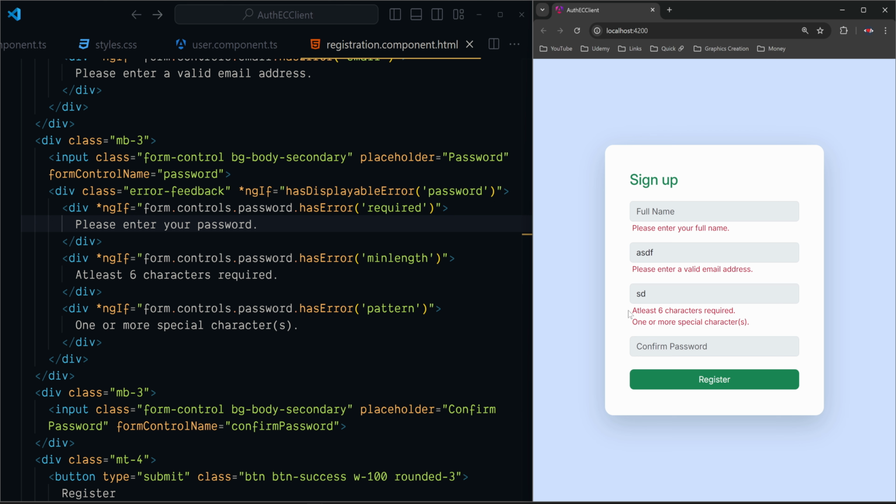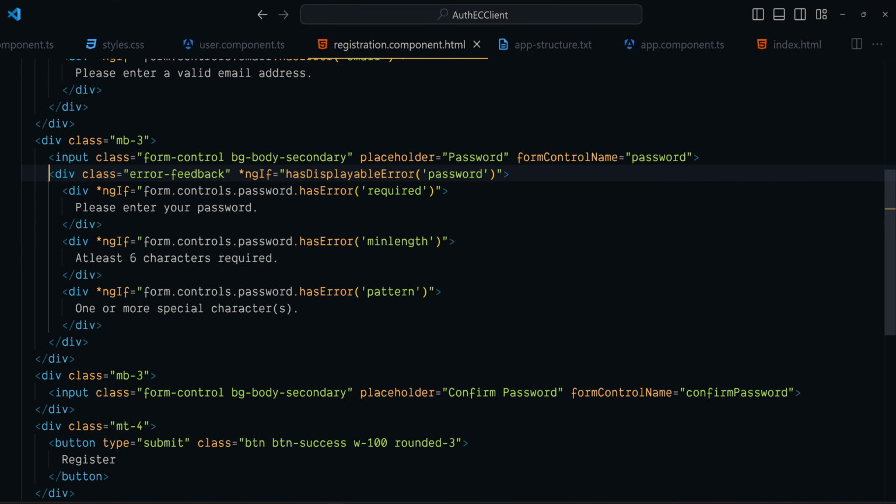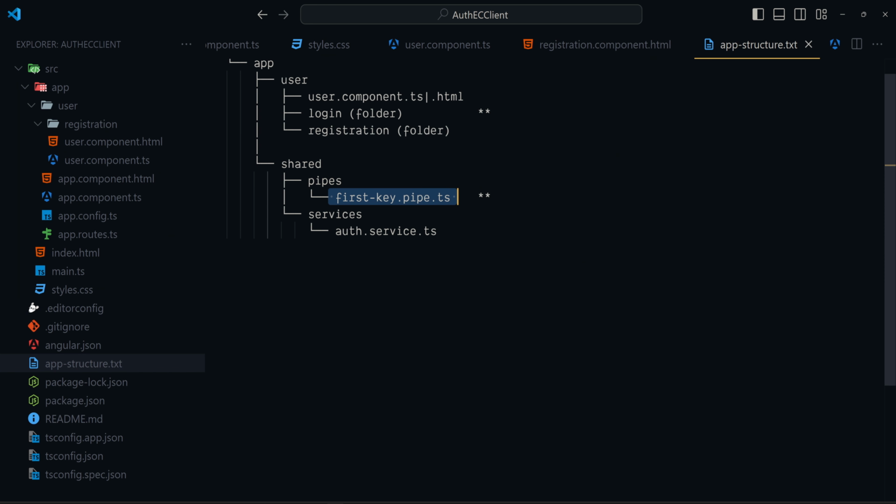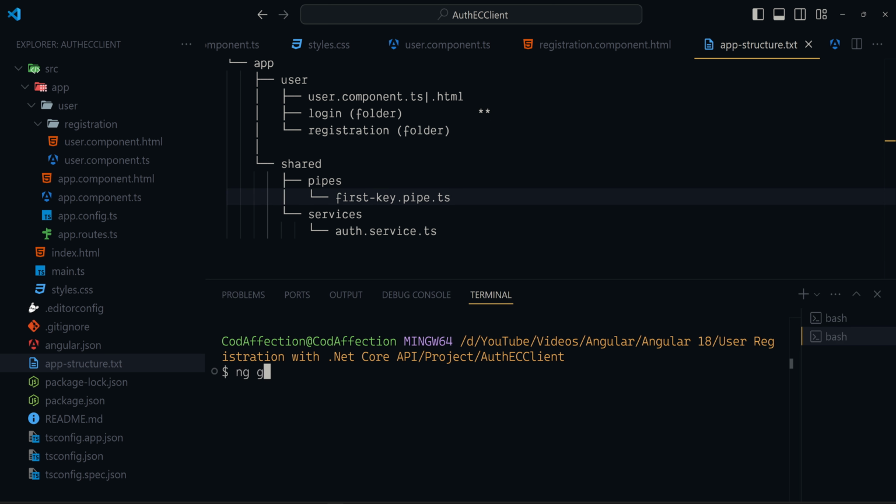Most often when a control is having multiple validation error feedbacks, we prefer showing one validation at a time as a kind gesture towards the end user. So this is what I'm gonna do. Inside the app structure, I have shown you a pipe. First key pipe. Let's create that now. So here we go, ng g for generate, p for pipe. You want to create that inside the folder shared/pipes/first-key. Hit enter. So here we have the new pipe